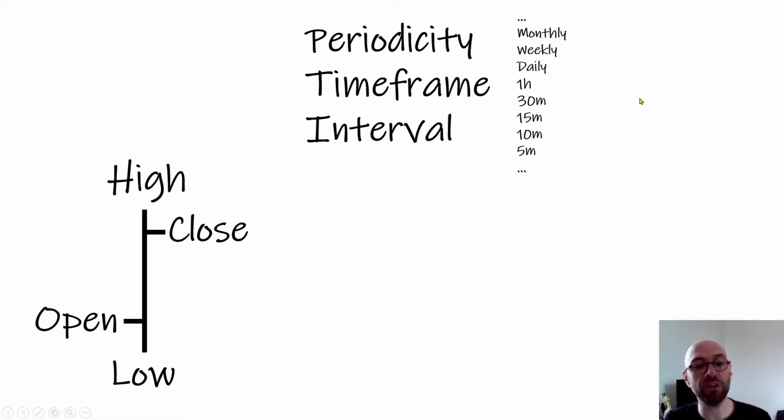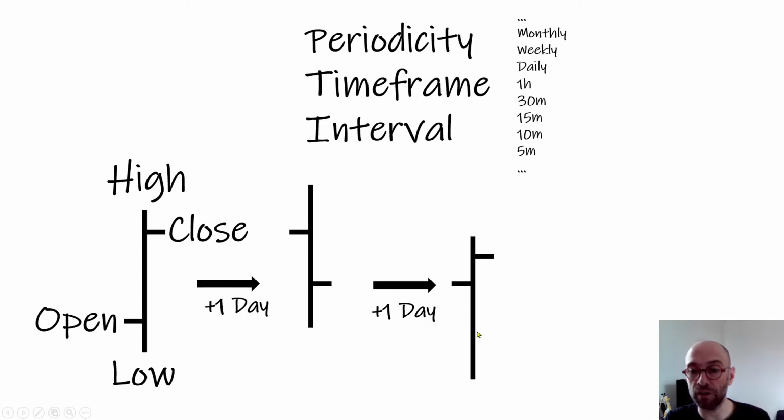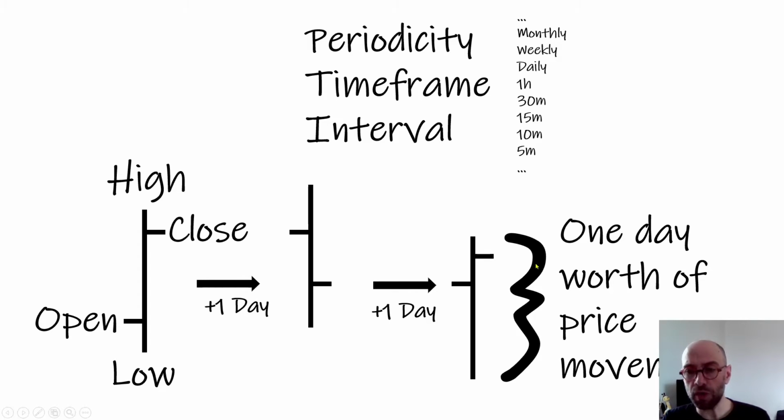So having the same example as before, let's say we're considering a time frame of daily, so next day we'll have another bar. In this case you can see that this was the open, that was the high, the low, and this was the close. And then the next day we have yet another bar. Again, you see here the open, the close, and then high and low. So each one of these bars represents 1 day worth of price movement. So during the day the price moved in this bar, the highest there and the lowest there with the open